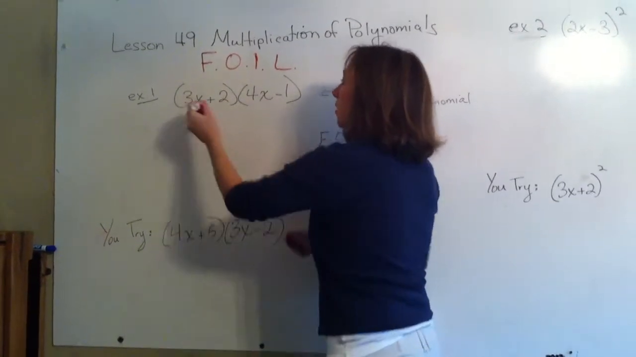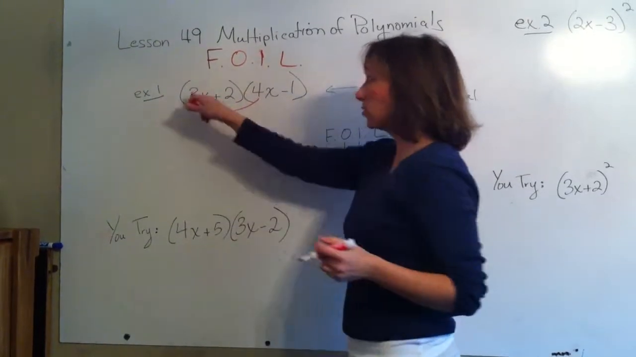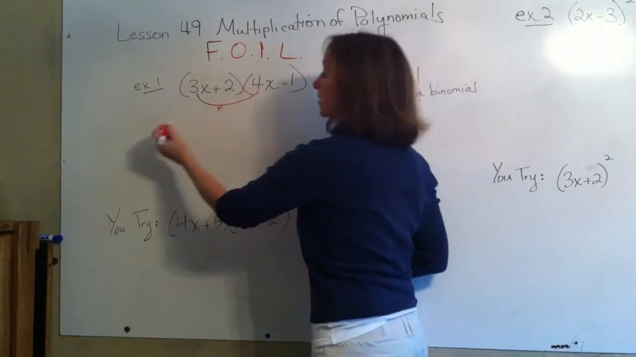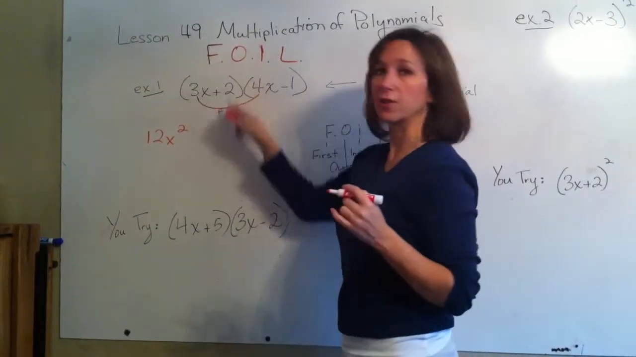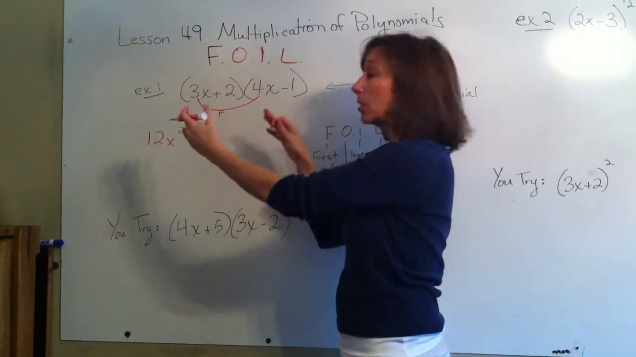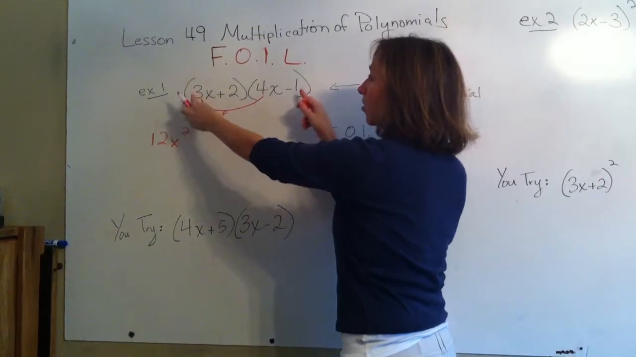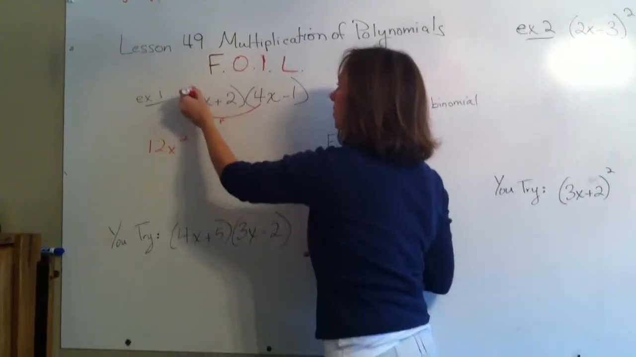So this is our first terms in each one, and that's our F. So we multiply our first terms together, and we get 3x times 4x is 12x squared. That's our first, F first terms in each binomial. Now we do our outer. Here's our outer, the outer ones. So we're going to take 3x times negative 1. This is our outer,